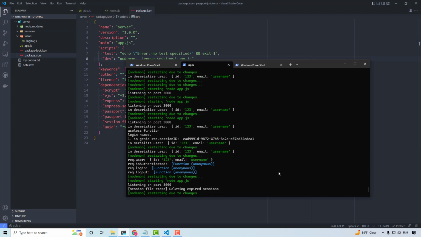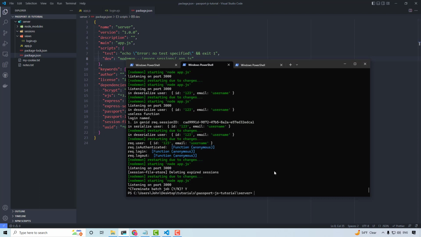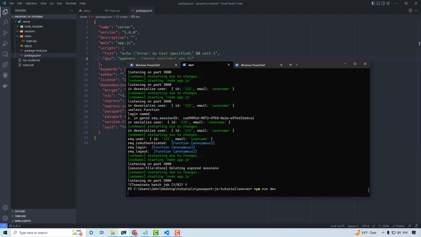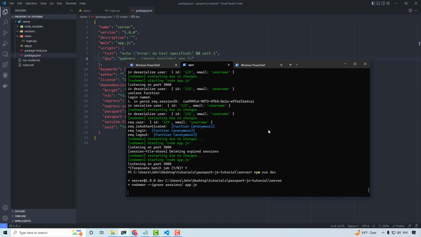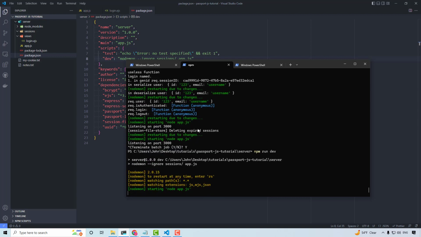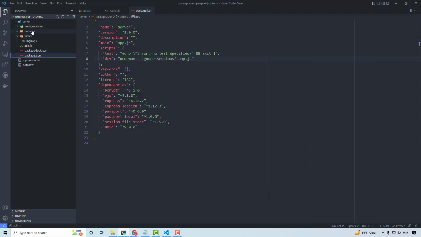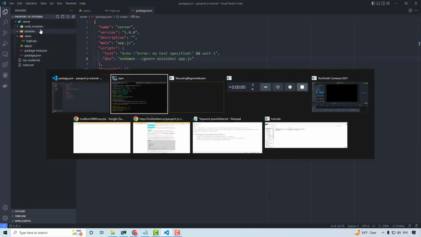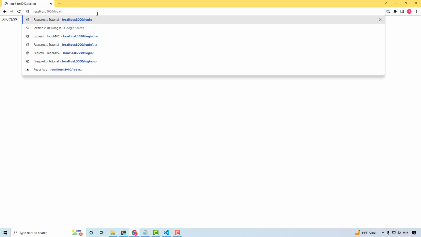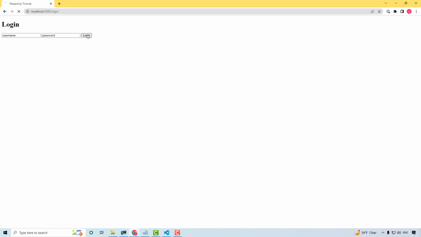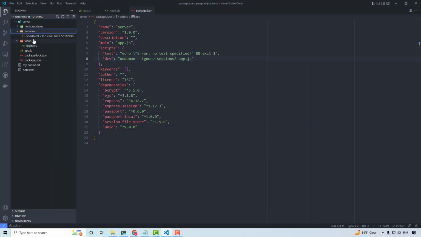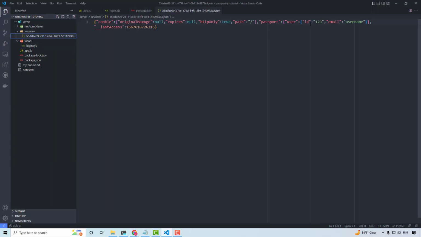And then we can go ahead and restart our server. So npm run dev, and now we should have a persistent session. So let's give it a try. We have no session now, at least I don't. So I'm going to go back here, log in with the username and password. Succeeds. I have this session now with this user of username,